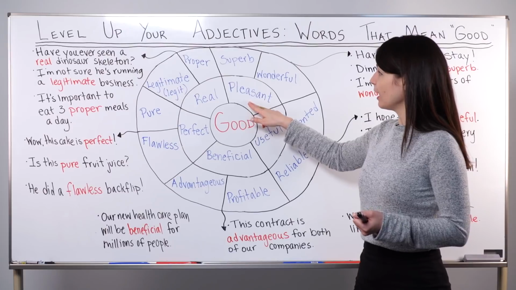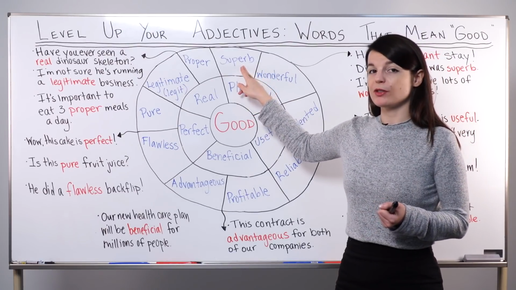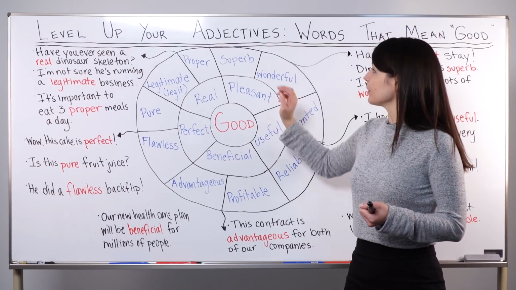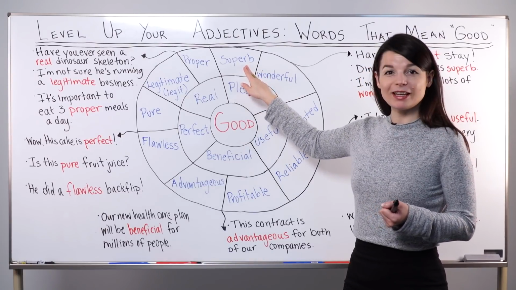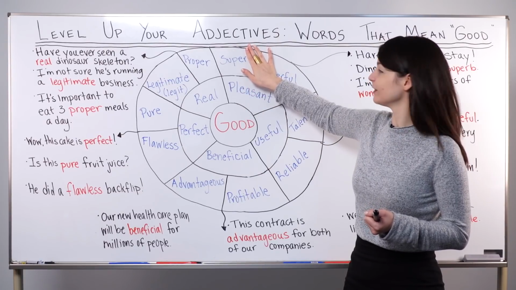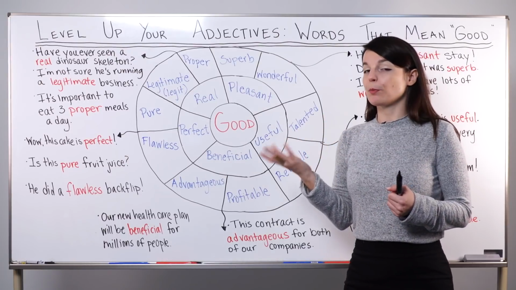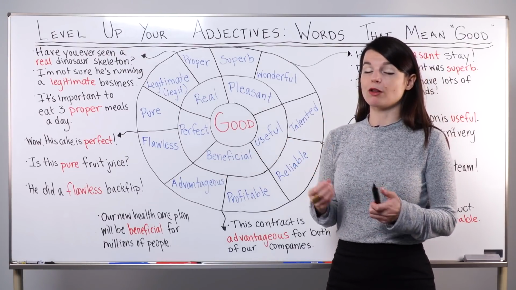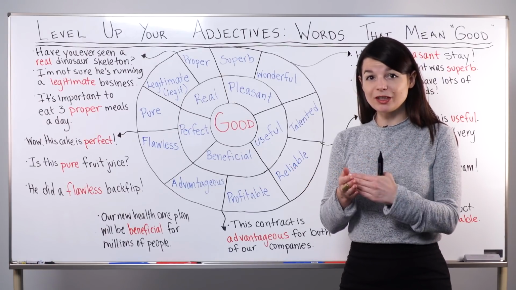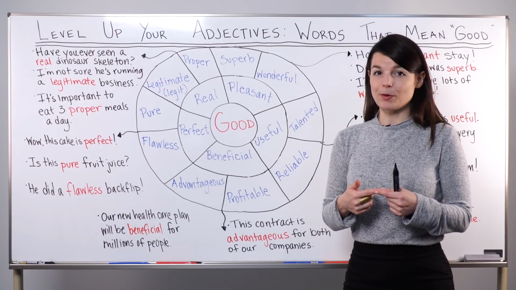Within pleasant, I have these two adjectives. They are superb, superb, and wonderful, wonderful. So something that is superb, maybe you can see here, the root here, we have the word super in the middle. Super plus B, superb. So superb sounds much more formal than super, and we use it for something that is really good, that is very pleasant, and it also sounds a little bit formal.